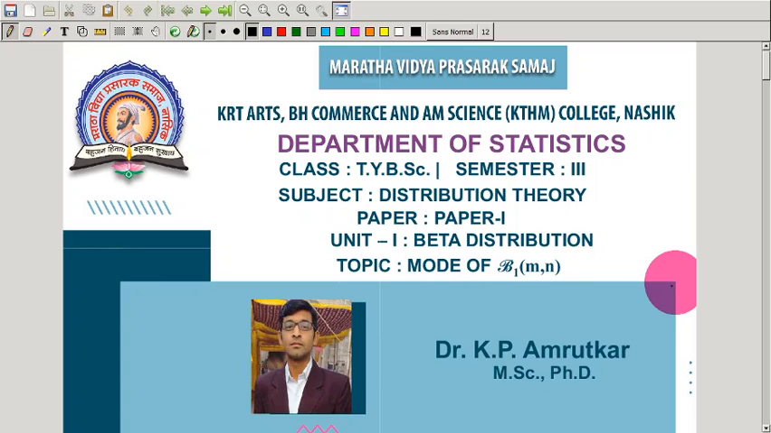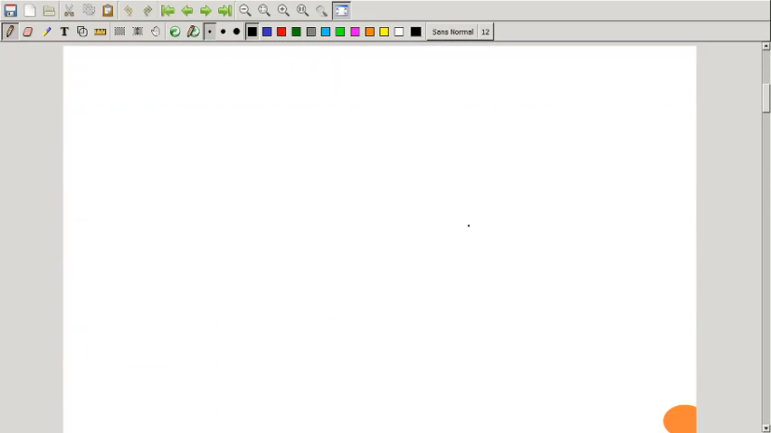In last lectures, we have gone through beta distribution of first kind, its density function, r moment, mean and variance, harmonic mean, and symmetricity property of it. In today's lecture, we will go through mode of beta distribution of first kind. So let's move towards